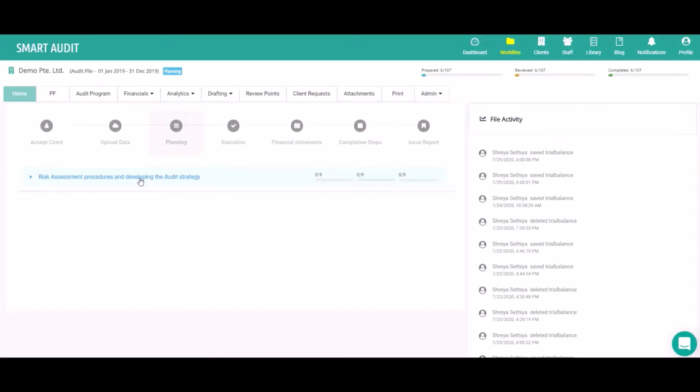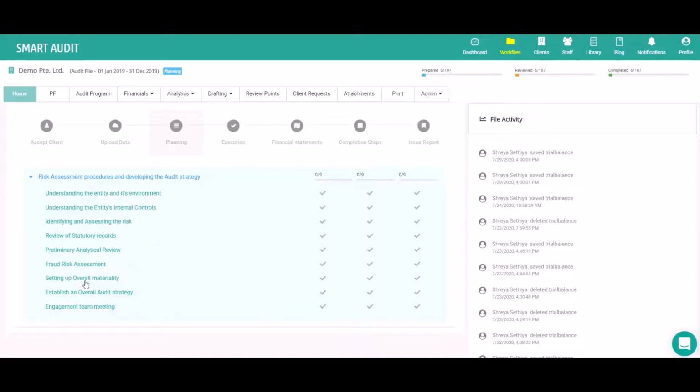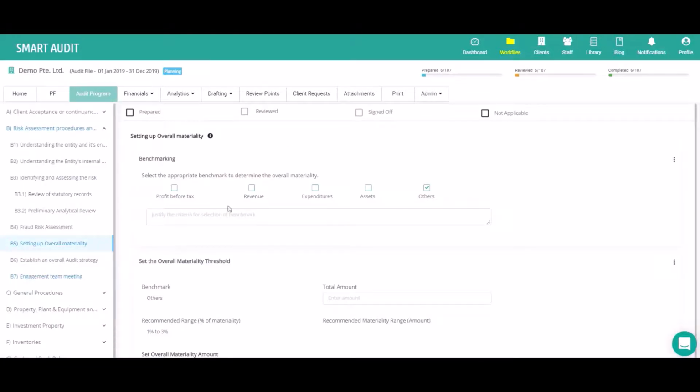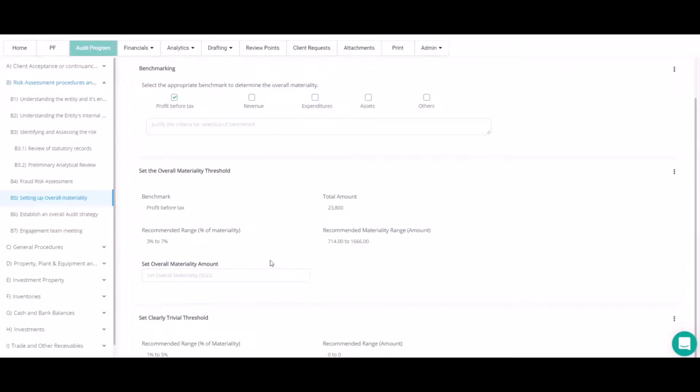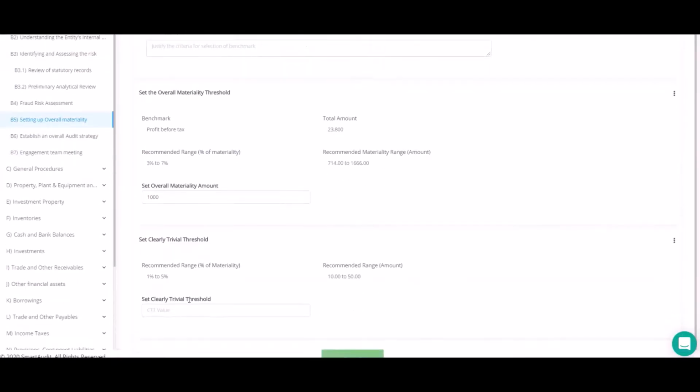In the planning section, go to setting up the overall materiality. Here you can select the benchmark and provide the justification for such selection. As soon as you select the benchmark, the system will compute and recommend the materiality range. We have provided the flexibility to input the materiality amount.